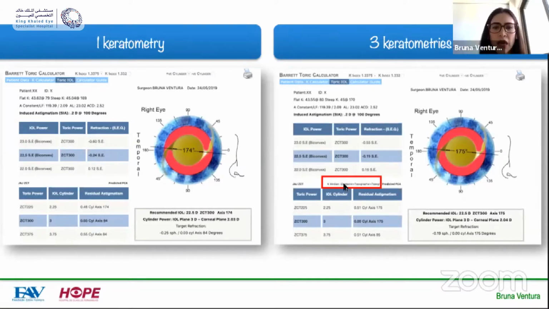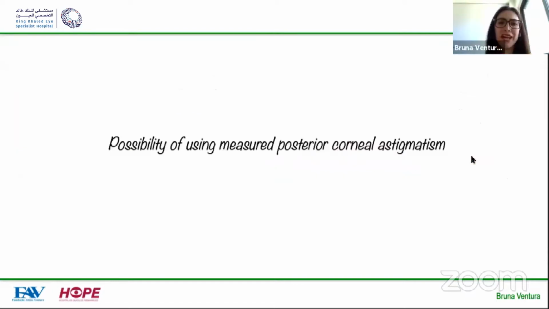So we see how this changed very little where we're going to align this lens, but it's a tool that the Barrett calculator already gives us, and that in the near future, we hope will let us have even better results. Another tool that the Barrett calculator has been providing us is the possibility of using measured